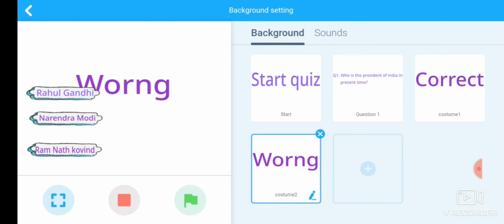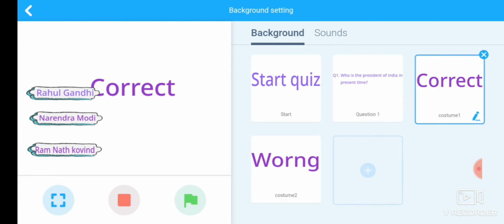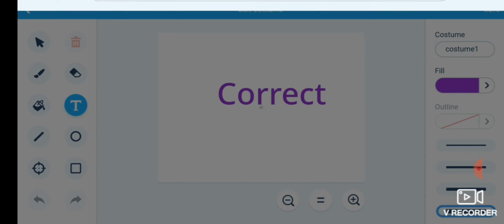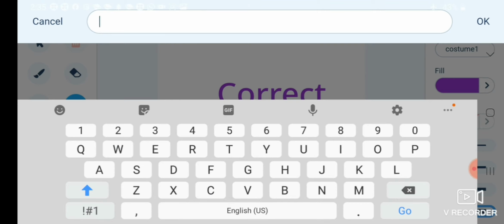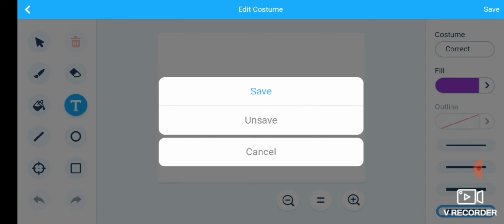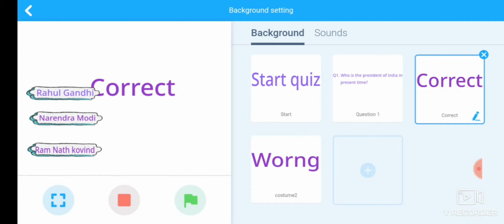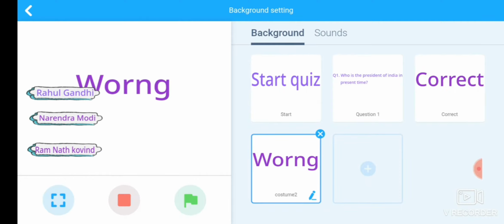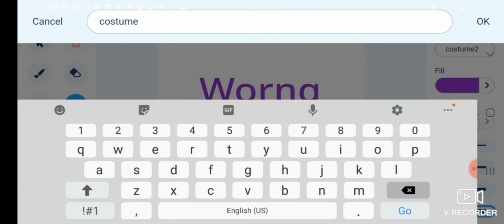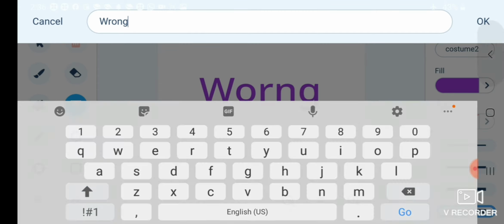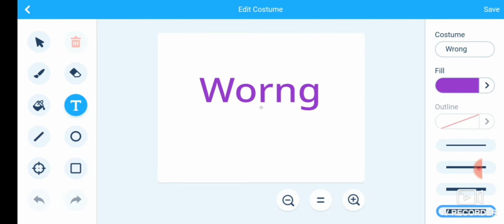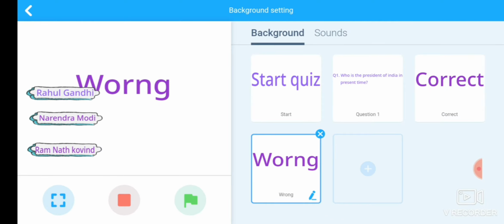Then save it. Okay, also rename this one with correct. The other, save it, with the naming of wrong. And then save it. Okay, fine.